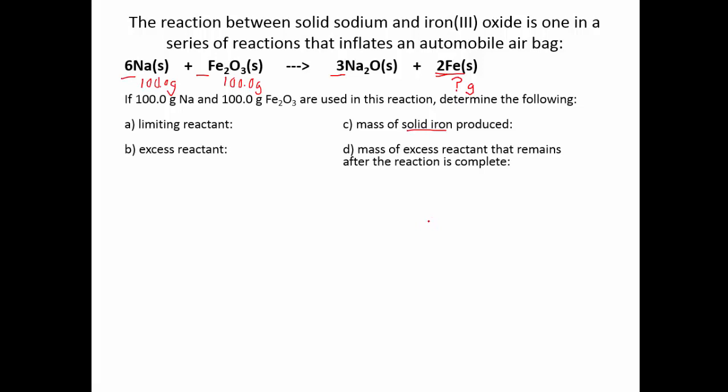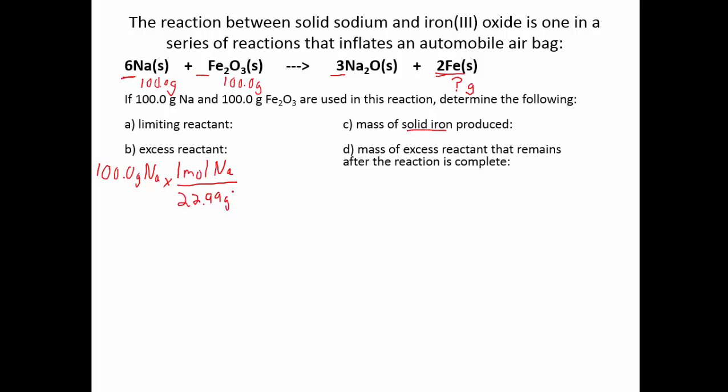So we're going to go through those steps on that last page. The first one is we are going to find out how much iron we can produce from 100 grams of sodium, and then the same thing, how much iron we can produce from the iron oxide. So in our first one, our mass, mole, mass, you have 100 grams of sodium. And our first step, we need to go from mass of sodium to moles of sodium. So 1 mole of sodium over